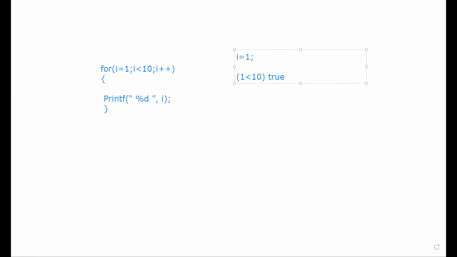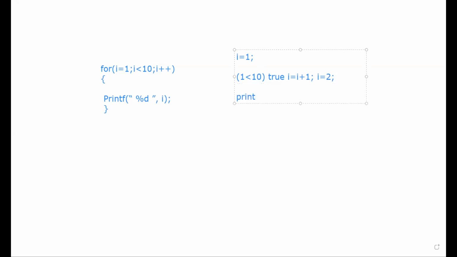Expression 3 is I plus plus, which means I equal to I plus 1. This also we have discussed in our previous recording. So I will actually become 2 now, because initially I was 1. Clear? And then print I.